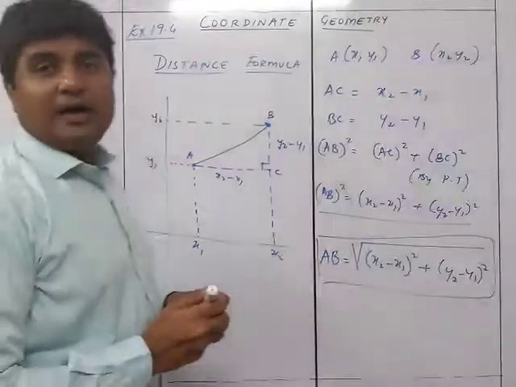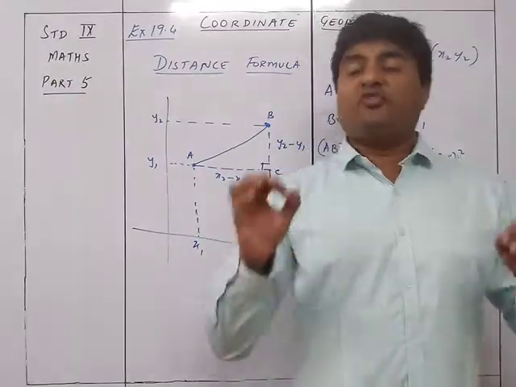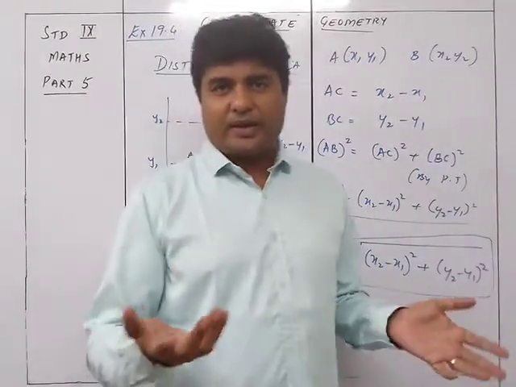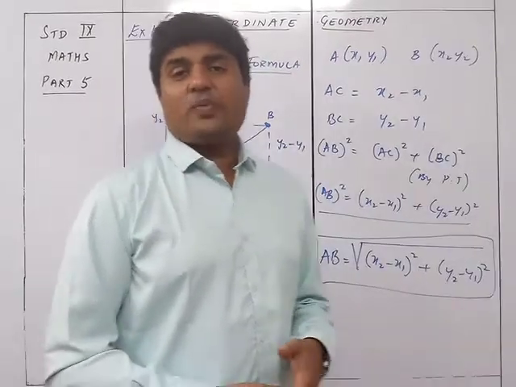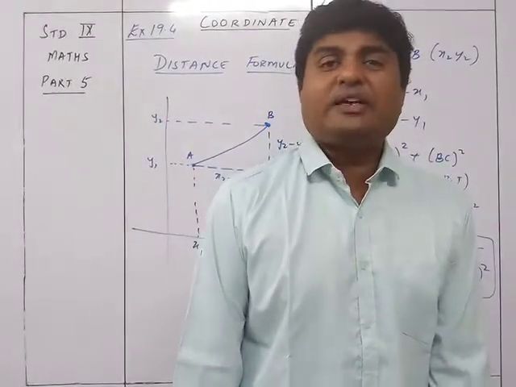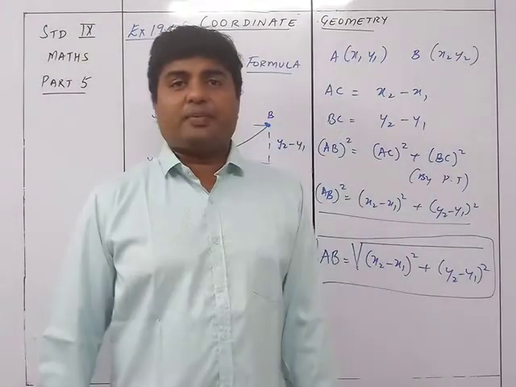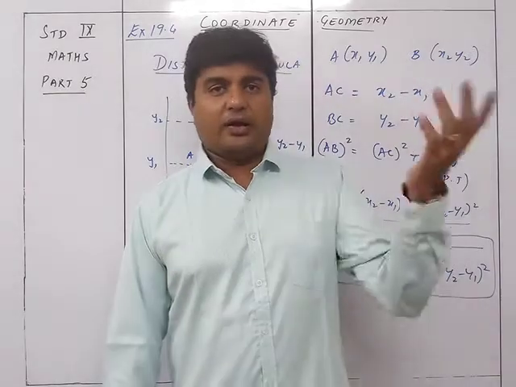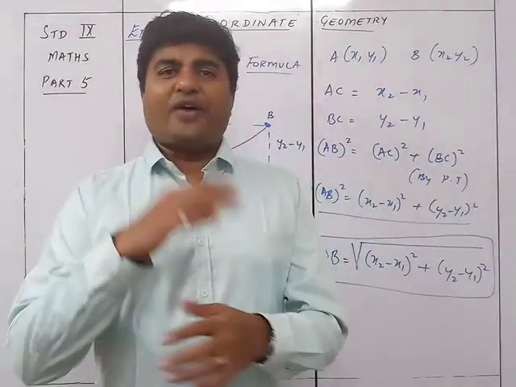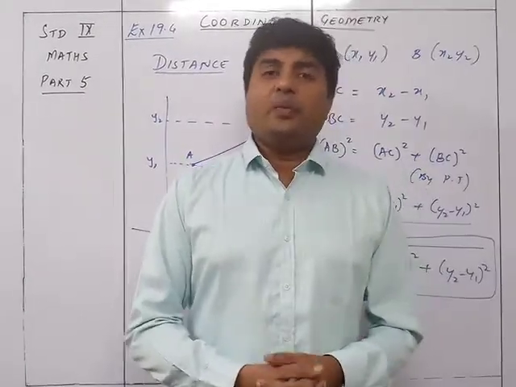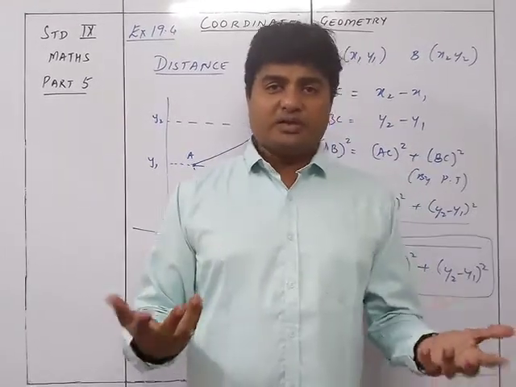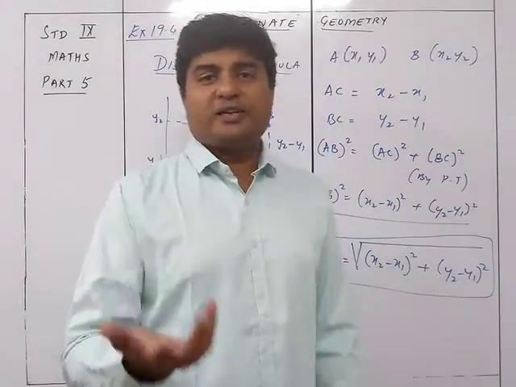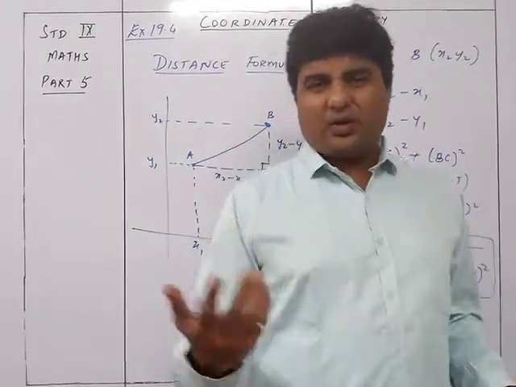If you know the distance formula, then the sums are very easy. You just have to substitute the values of x2, x1 and so on and you are going to get the answers. The applications are also very easy. For example, they may ask you, given 4 points, whether it is a square or a rectangle or an equilateral triangle. You just have to find all the different sides, and once you know the sides are equal, then it is a rhombus. If the diagonals are also equal, then it is a square.